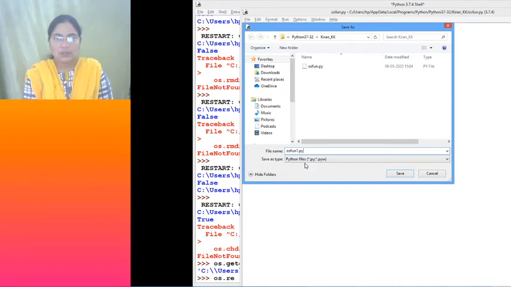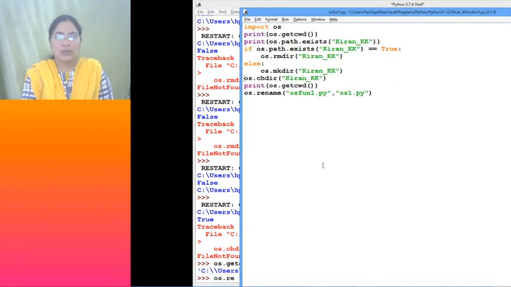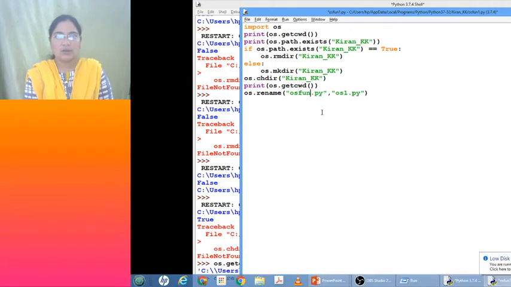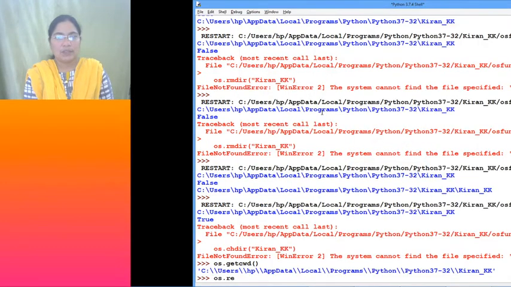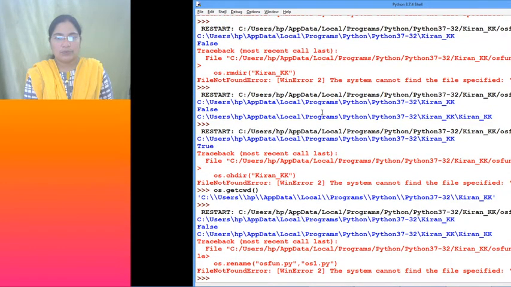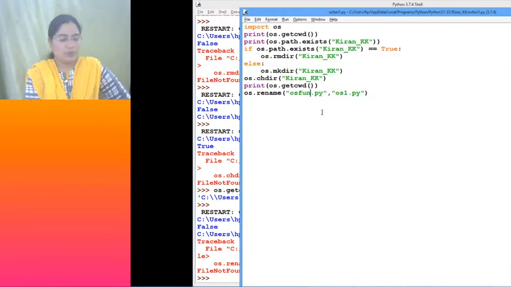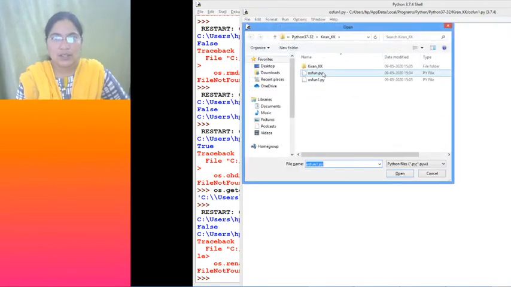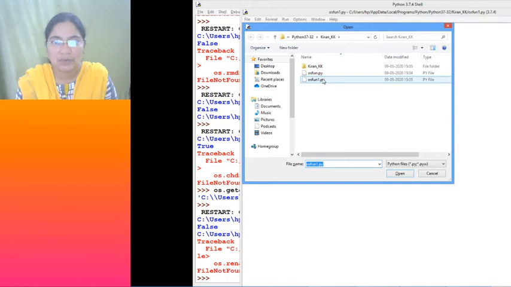Okay, so now let me rename osfun1 fun.py to os1.py. So let's execute and see what will happen. So now file not found, osfun.py to os1.py. So now let's open and see, is there osfun1? Yes, it is there. osfun1.fun.py is there, osfun1.py is there. But okay,